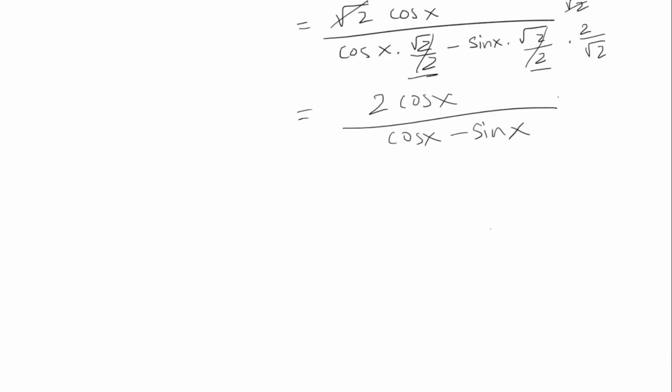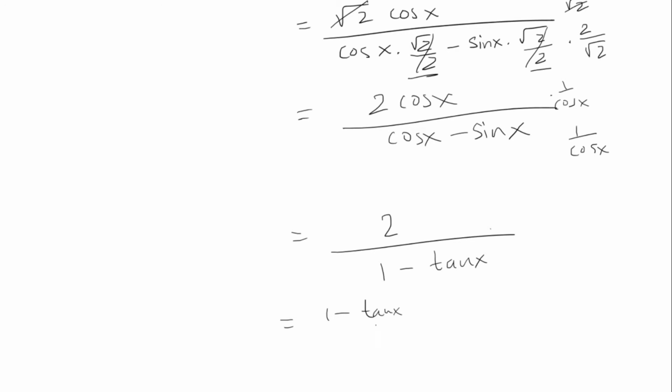Now I'm going to multiply the top and the bottom by cosine. So think of that as multiplying by 1 over cosine. Okay, so 2 cosine times 1 over cosine will just be 2. And then the cosine is going to cancel for the first one. So we have 1 minus, and then we have sine over cosine, which is tangent. And I can rewrite this as 1 minus tangent x over 1 minus tangent x plus 1 plus tangent x